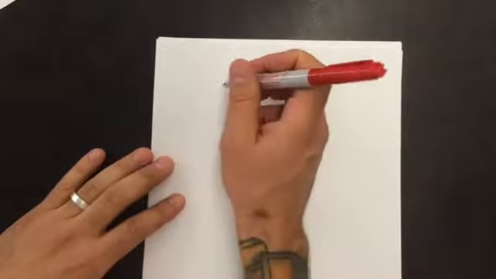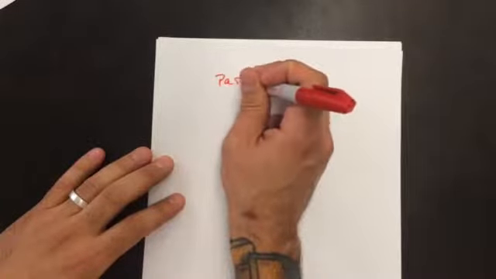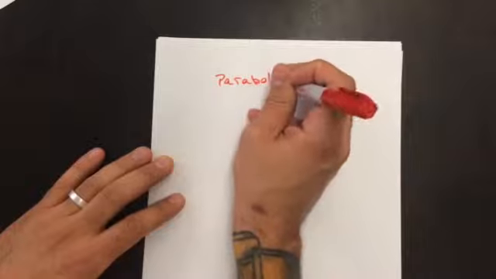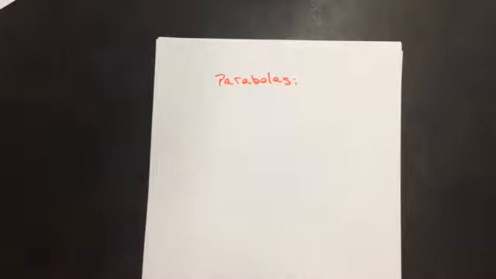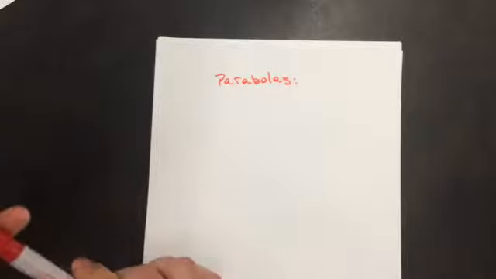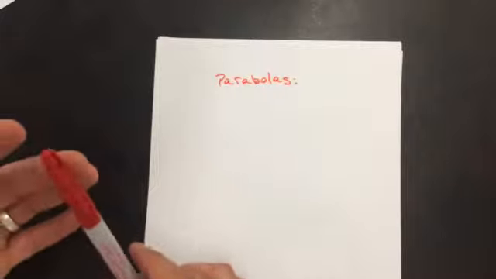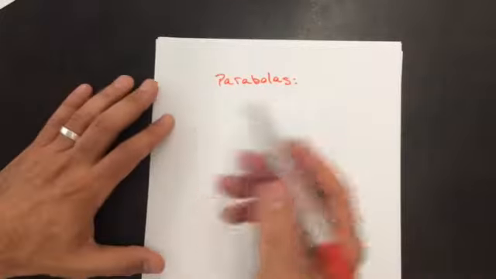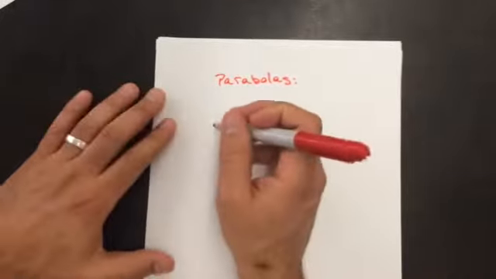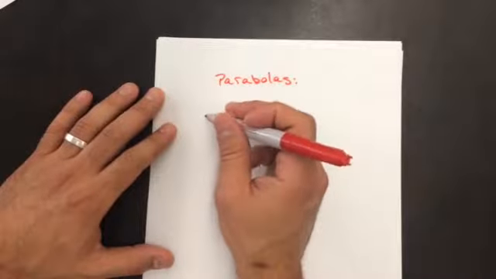Okay, I'm going to be doing completing the square on parabolas. This one should just be review because you've already done completing the square with quadratics, which parabolas are quadratics. You did it with circles, ellipses, and hyperbolas. So hopefully it's kind of easy, but the one thing that we need to remember is when you have it